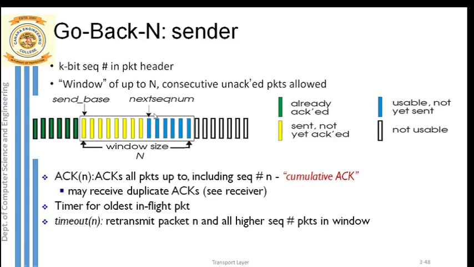Immediately the next sequence number will be pointing to the next packet. So once the next blue packet arrives from the application layer, you immediately send this packet and next sequence will point to the next packet, right? So this is how the next sequence number will be incrementing. When the base will be incrementing? As and when the acknowledgement arrives for the first yellow packet, the base will be incremented to the next packet. Okay, so the base pointer will be incrementing as and when the acknowledgement arrives for the packet.